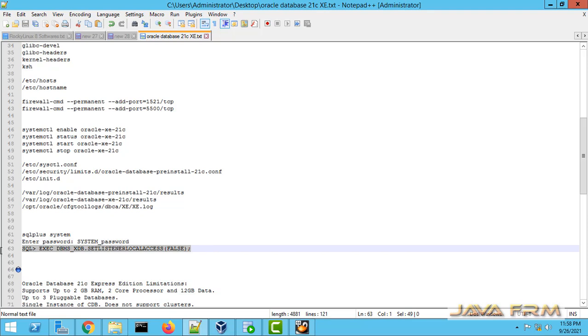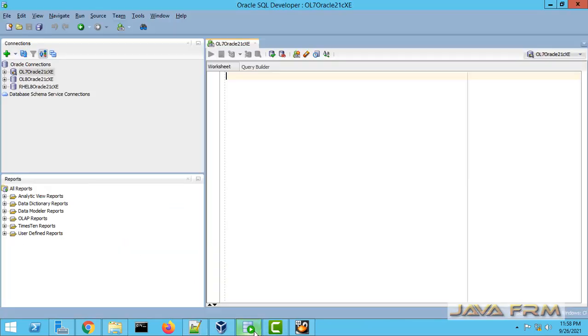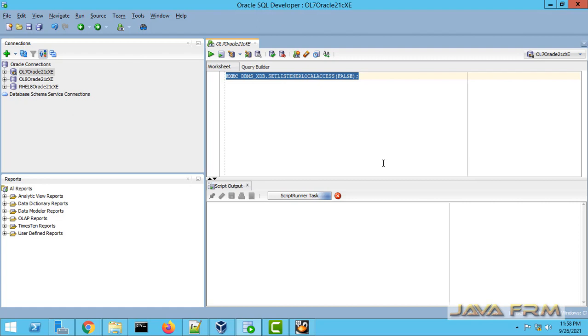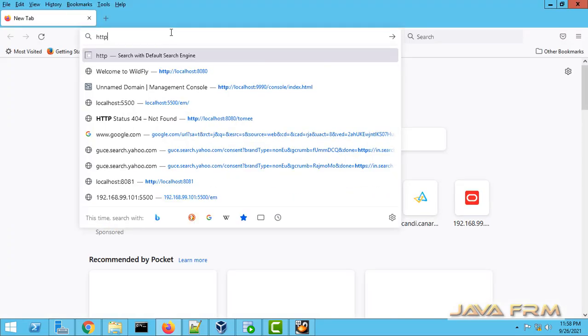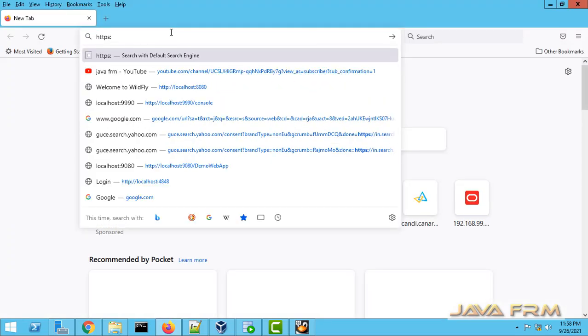Okay, now I am going to execute one stored procedure. So the stored procedure is used to access the Oracle Enterprise Manager outside the Linux box.